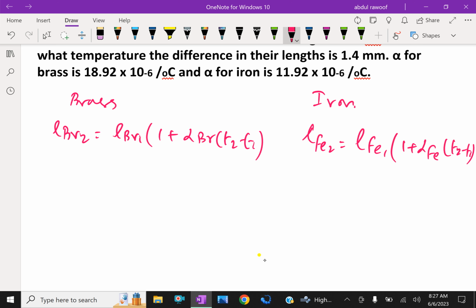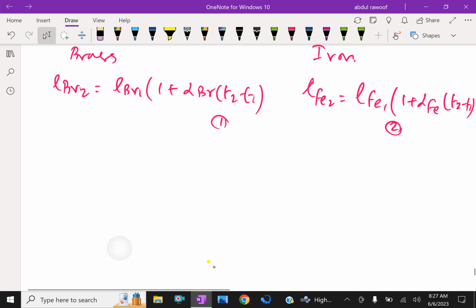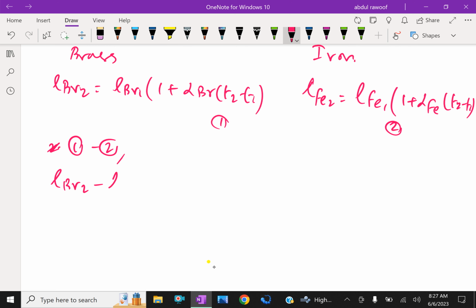Now let this be 1 and this be 2. Subtracting both, it is LBr2 minus LFe2 gives